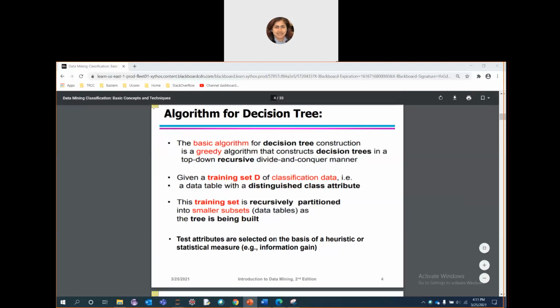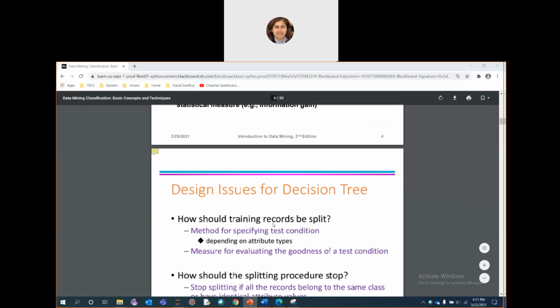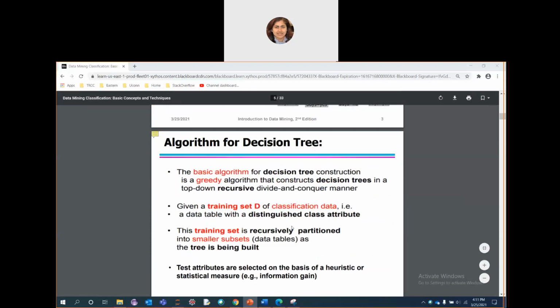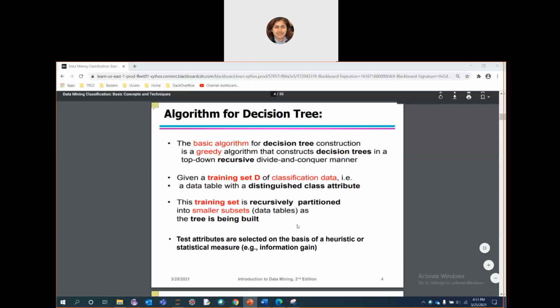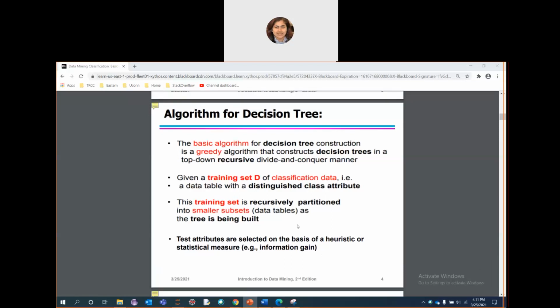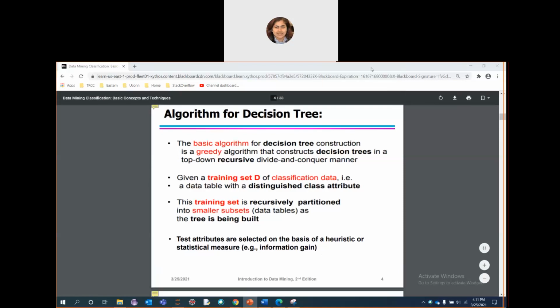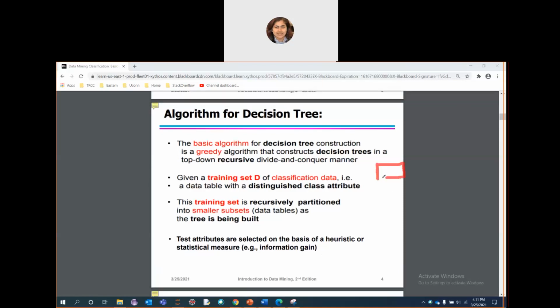So if we look into the main steps of the decision tree making process, let me tell you what the process is. First, we need to select the best attribute from a data set as the root node. First, you need to make a root node. How do you make a root node? You have to see what is best. Which one is the best attribute to consider as the root node?